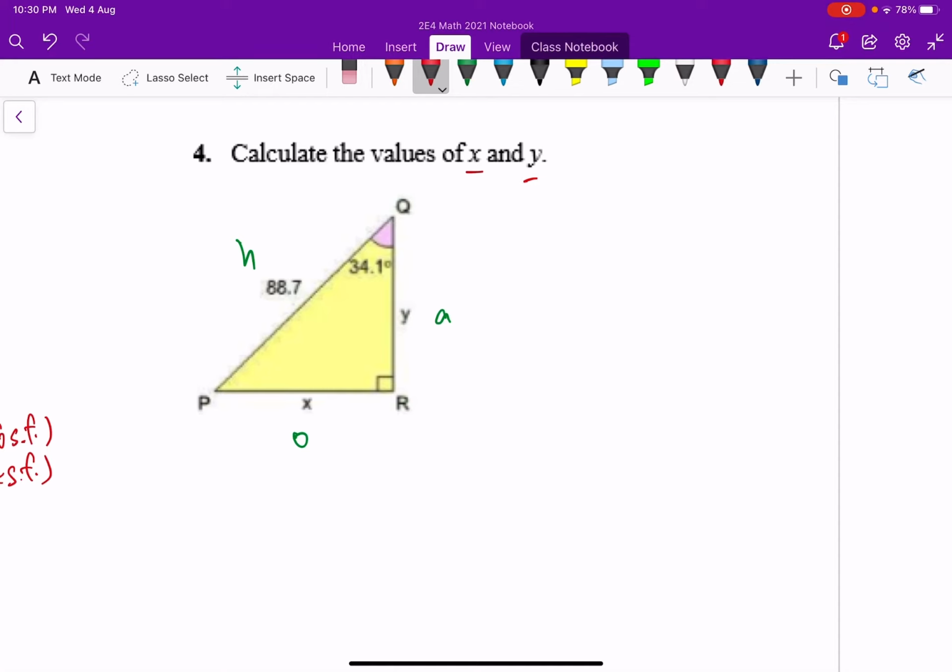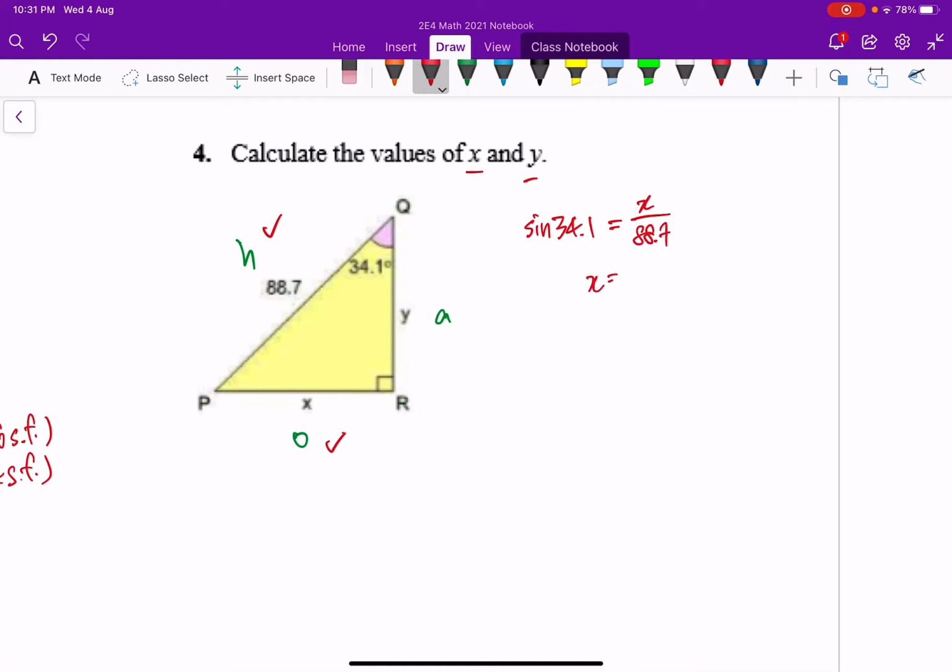So you need to choose one to start first. It depends on your choice here, because there are multiple ways to attempt this question. I will choose x first in my working. Yours might be a little bit different, so you don't have to rush to copy first. You just look through the video. Sine 34.1 will be equals to, I'm picking this, x over